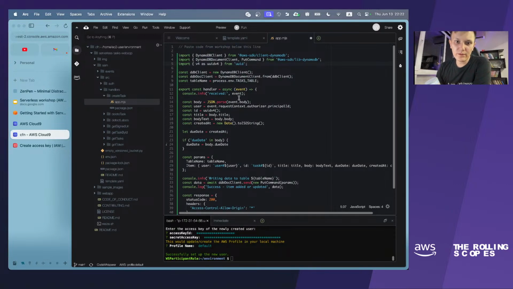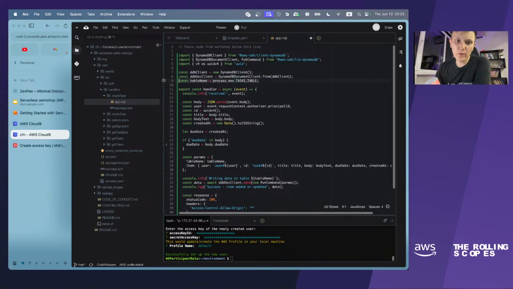Before the function declaration, we have some code like initiation of DynamoDB client, and also we retrieve DynamoDB table name from process environment variables.